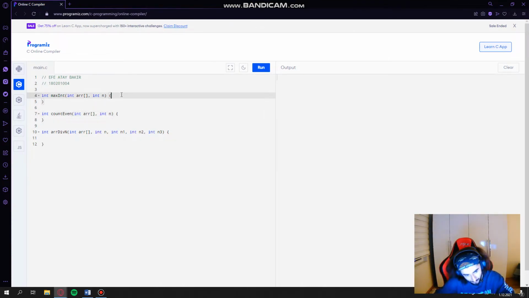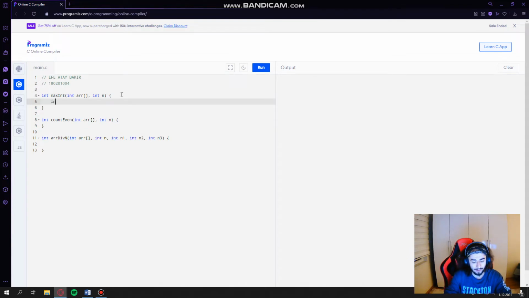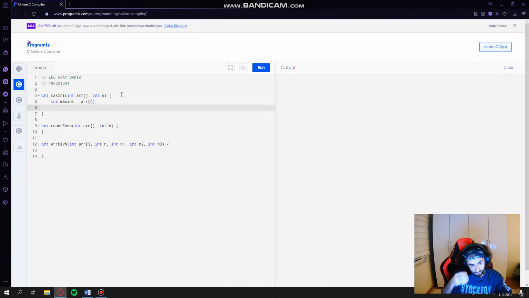For the max integer number, we must have an integer value of max integer, and we will define it to array 0, I'm sorry. After that, if the array 0 is the biggest one, it will be the maximum if there's no maximum value in the array. But if we have to look at the whole array, we are going to make a